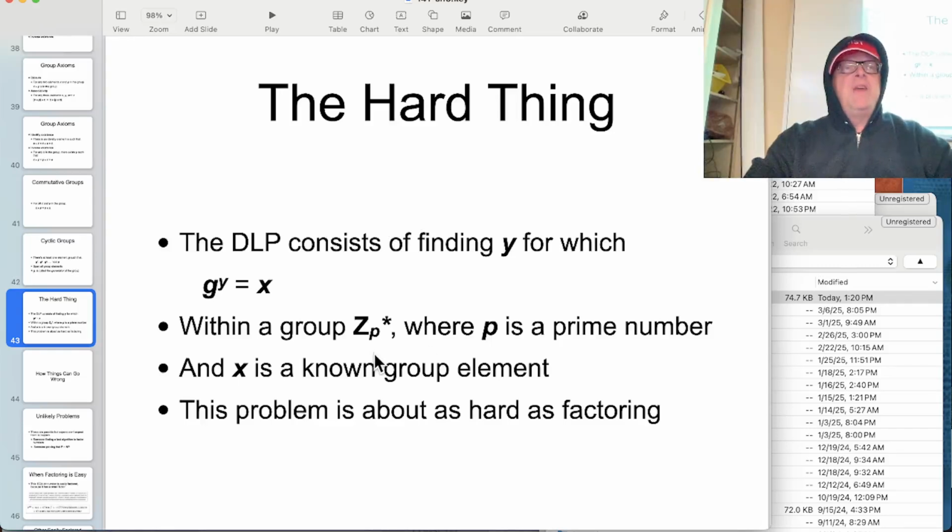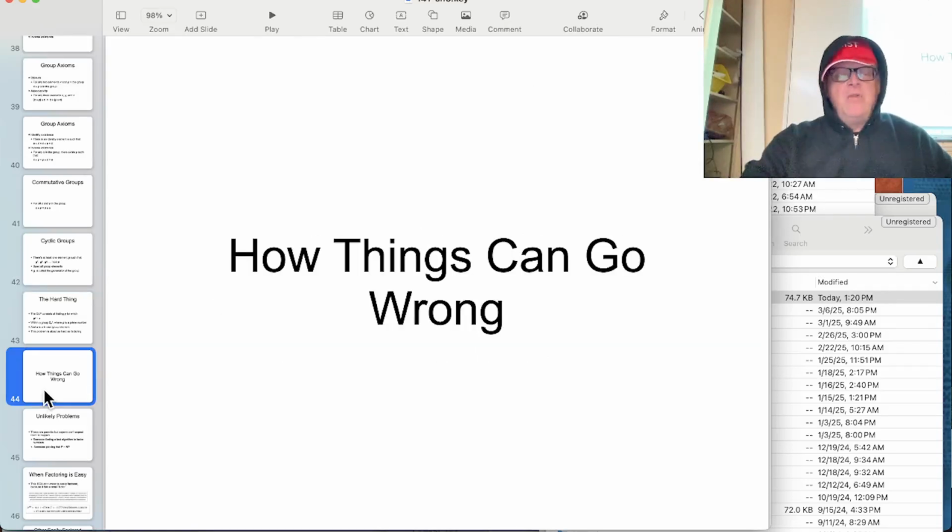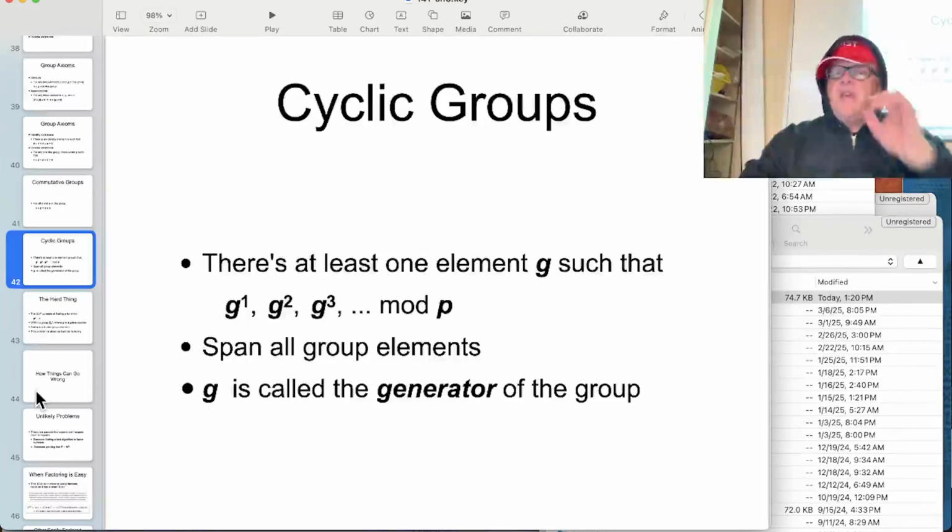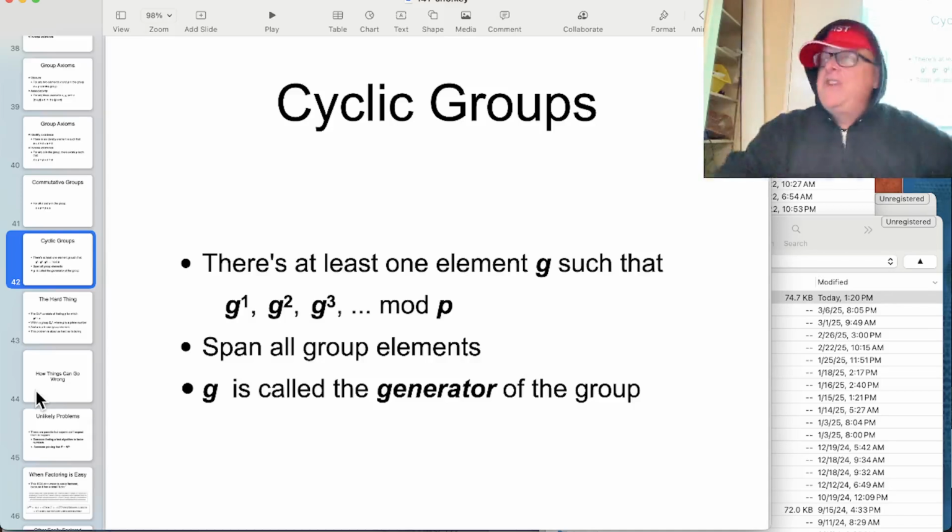This is one possible example of a group. You take the numbers from 1 to p minus 1, where p is a prime number. That's a group. All right. So anyway, that's the general idea. I mentioned this stuff, which if you don't understand it, don't worry about it too much. It's abstract mathematics. It's nice if you like that stuff, but for practical purposes, you don't really have to understand it in any detail.